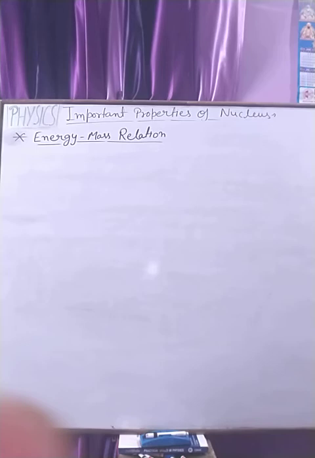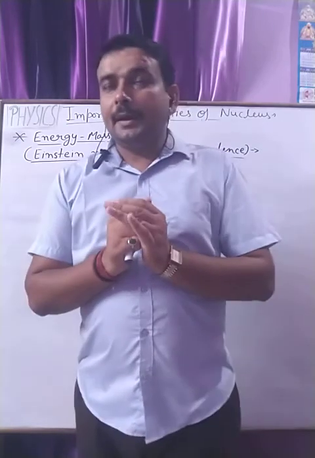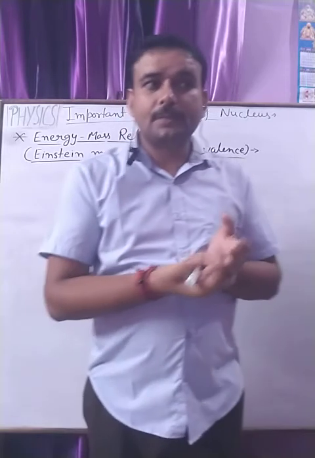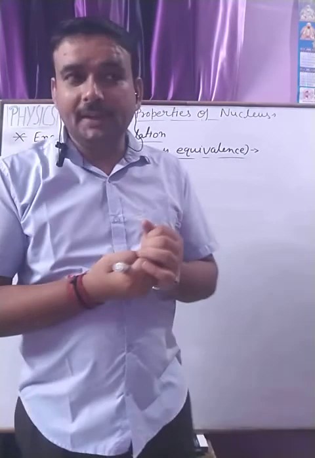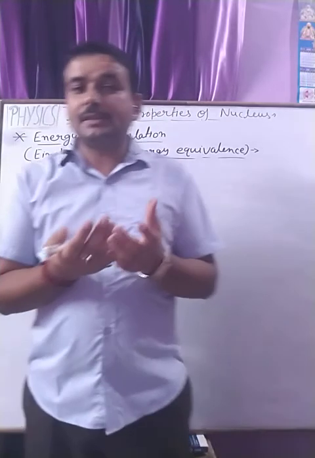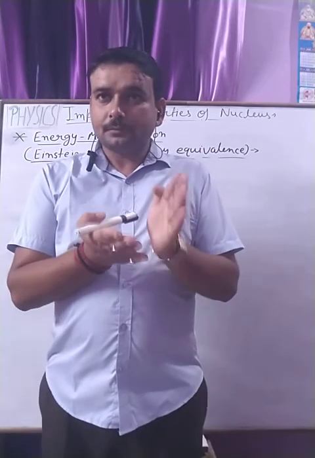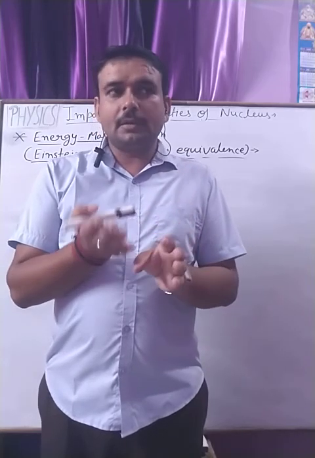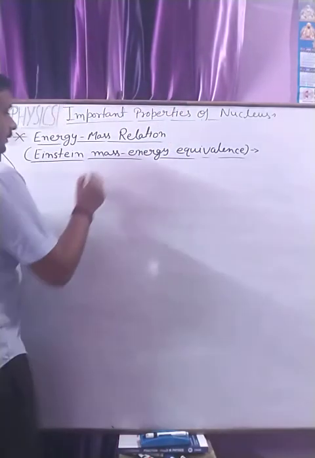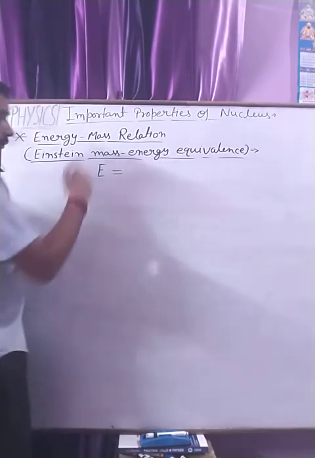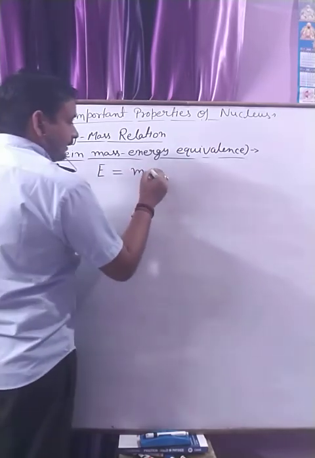Okay, this is given by Einstein. He gave his theory of relativity, and in the theory of relativity Einstein discussed and explained that everything which we see around us is made up of only two things, and these two things can be related to each other. We can say that both are a form of each other. According to him, the total energy of the universe and the particle is given by the mass of the particle and the speed squared.